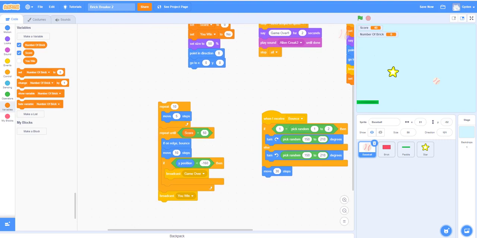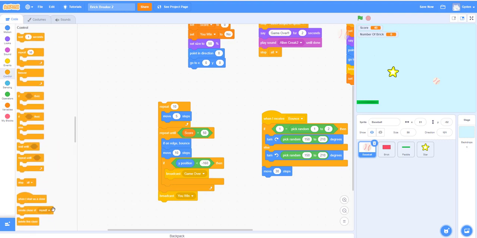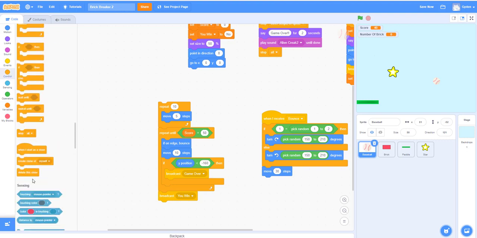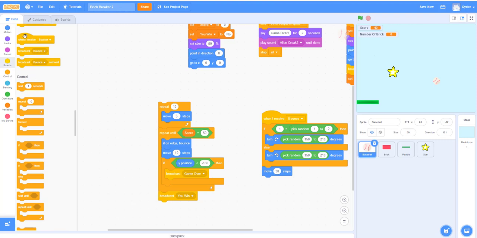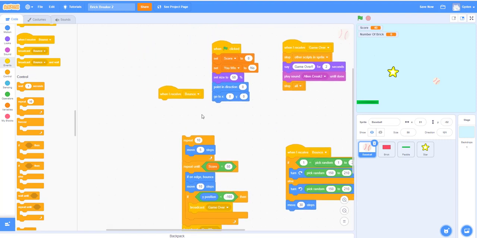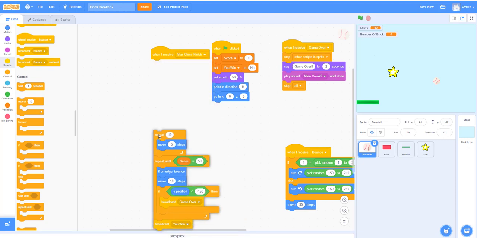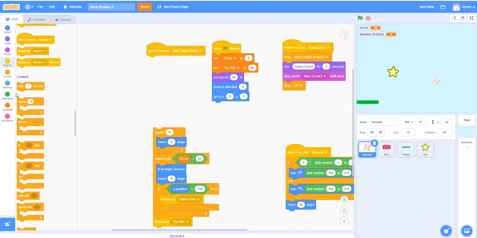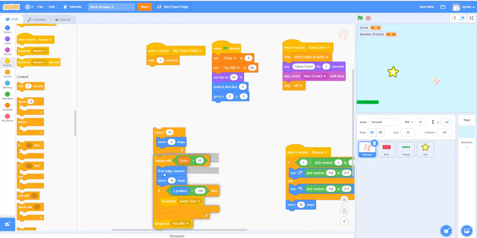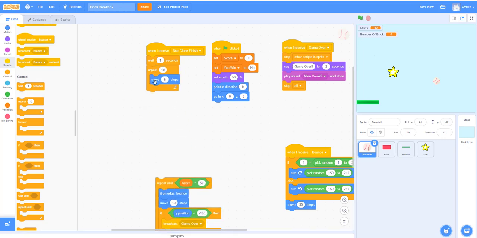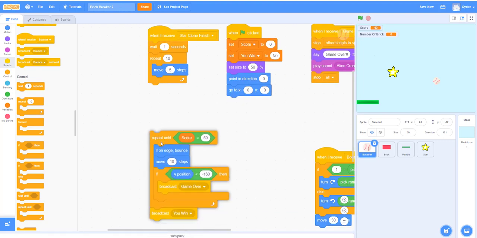So we have to say, when I receive, okay, instead of bounce, we are going to work on this part here. When I receive star clone finish, so the star is done. What we want to do is give it a little time. We'll give a 1 second wait. Just like what we had earlier, we'll drag this up, connect here, and we are going to change this out